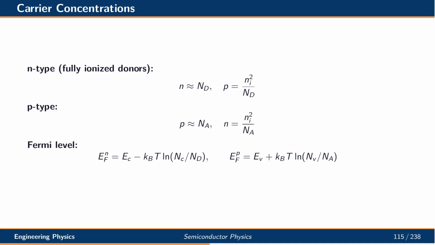In N-type material with fully ionized donors, the electron concentration is approximately the donor density, while the hole concentration is much smaller. In P-type material, the situation is reversed. The Fermi level moves towards the conduction band in N-type material and towards the valence band in P-type. These shifts of the Fermi level are central to understanding all